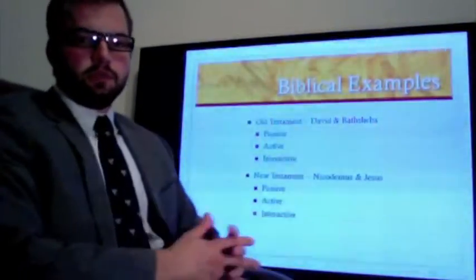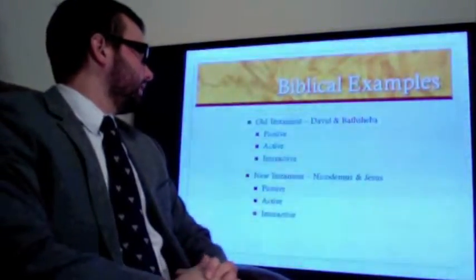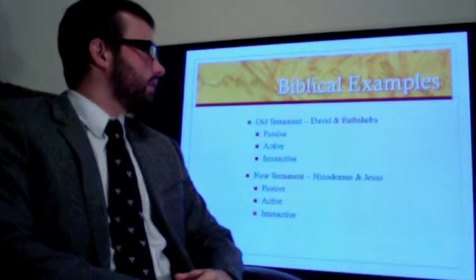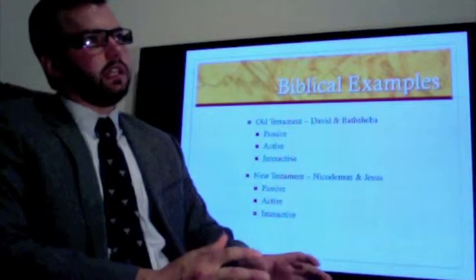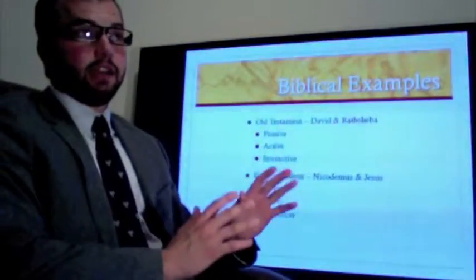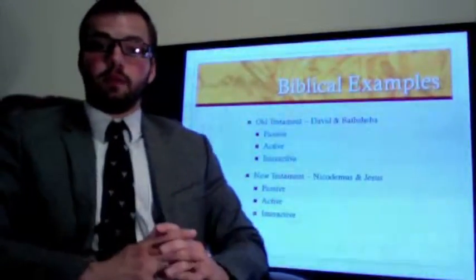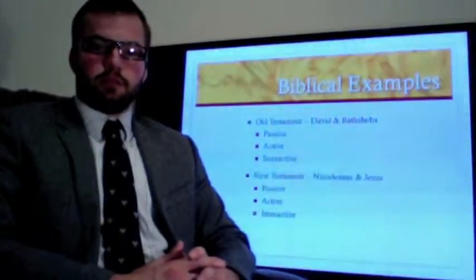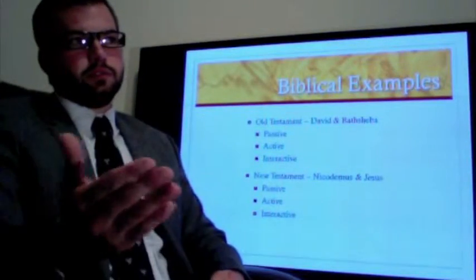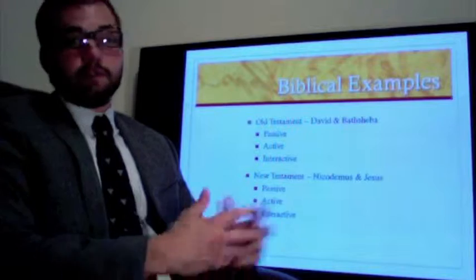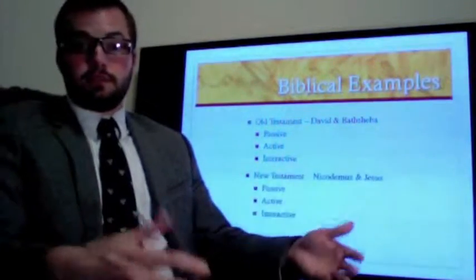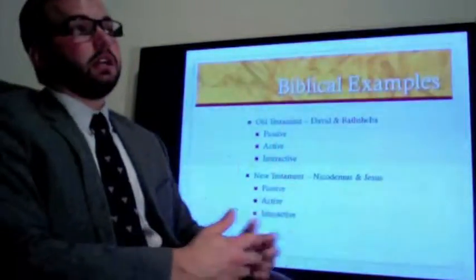I had a couple of biblical examples. One would be David and Bathsheba. That one's a little more complicated, but it starts out at the beginning with him just observing her. There are sort of two examples. I'll cover the latter end, when he sends Uriah to the forefront. Before he does, he tells Uriah to go lay with his wife, because David slept with her and impregnated her, and he wants Uriah to go to cover it up,